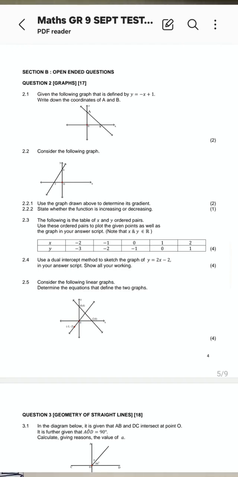Okay, I'm just gonna do a rough here. May not be as accurate. So guys, from the table,